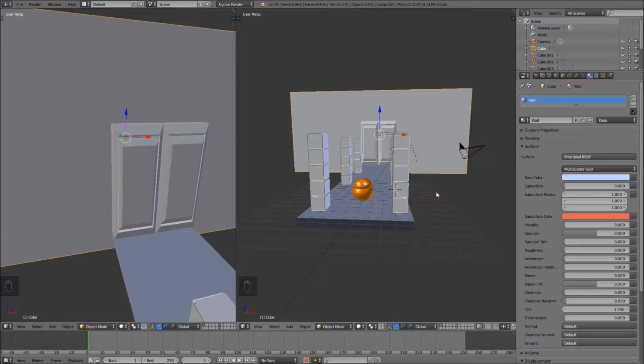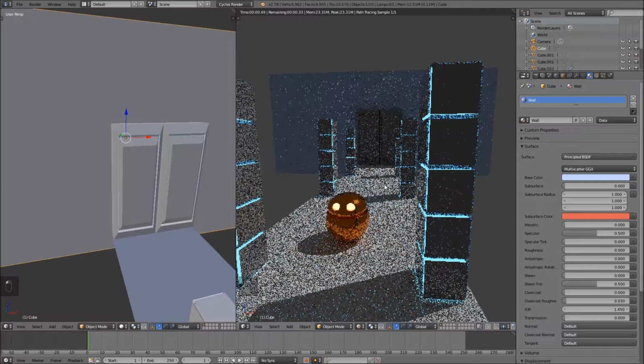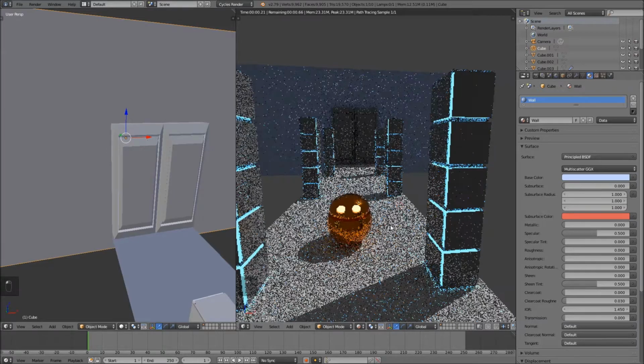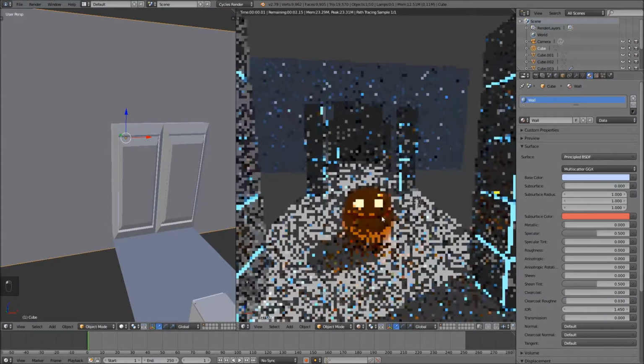In this part of the tutorial series on getting started, we're going to take a look at texturing within Blender. So far we have our scene which we've added materials to. It looks pretty sick, I gotta say. So now we're going to take a look at texturing, and we're going to texture our